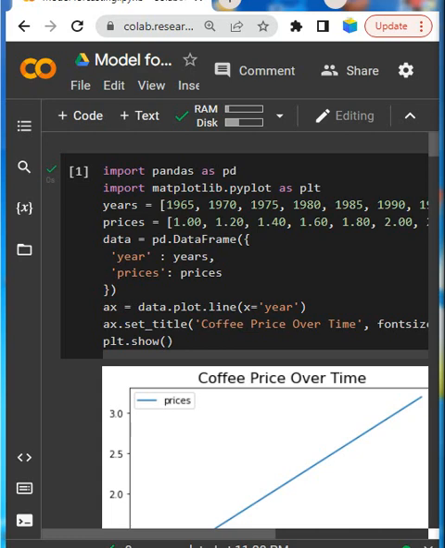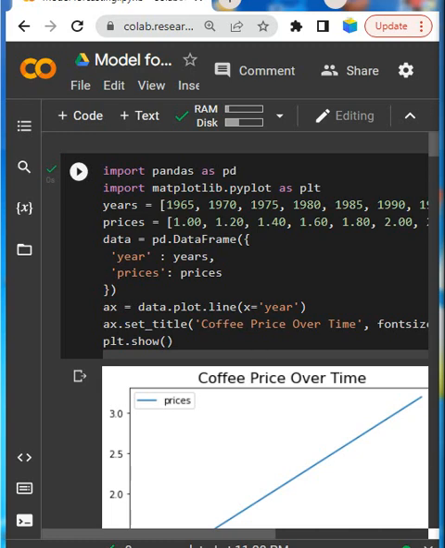First, let's see, we have some simple data, purely hypothetical examples, for forecasting the average price of a cup of coffee in an imaginary city, some city's name, you can say X or Y.